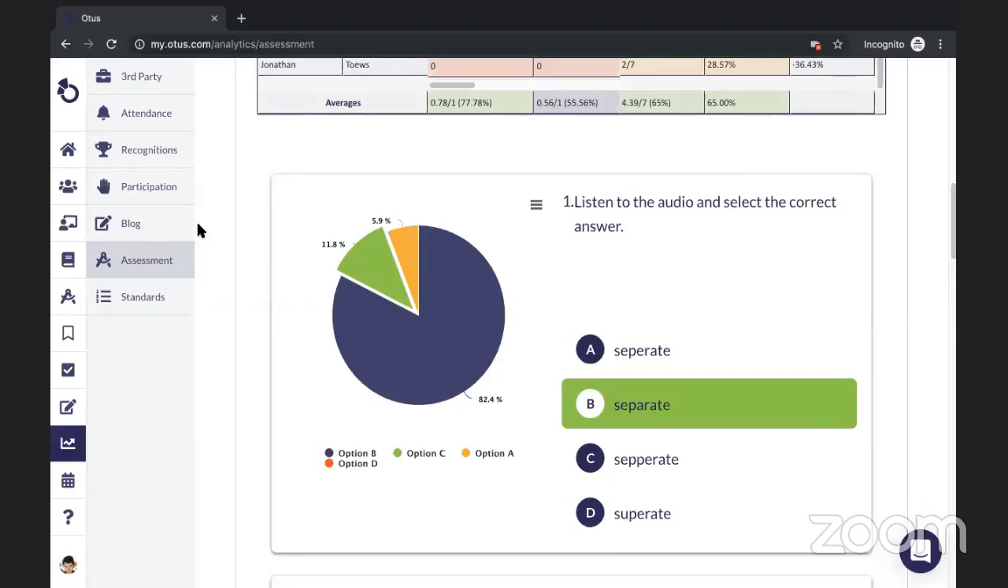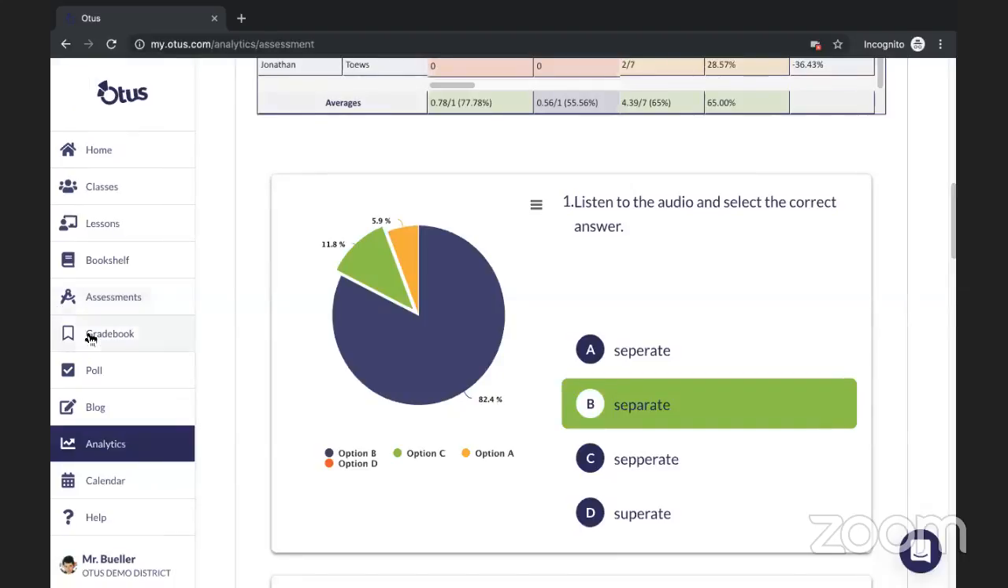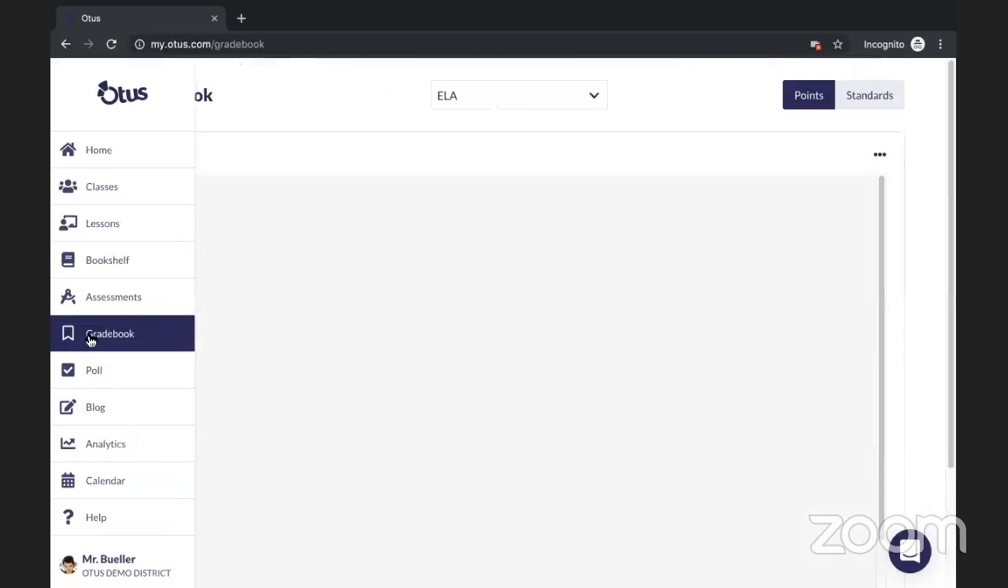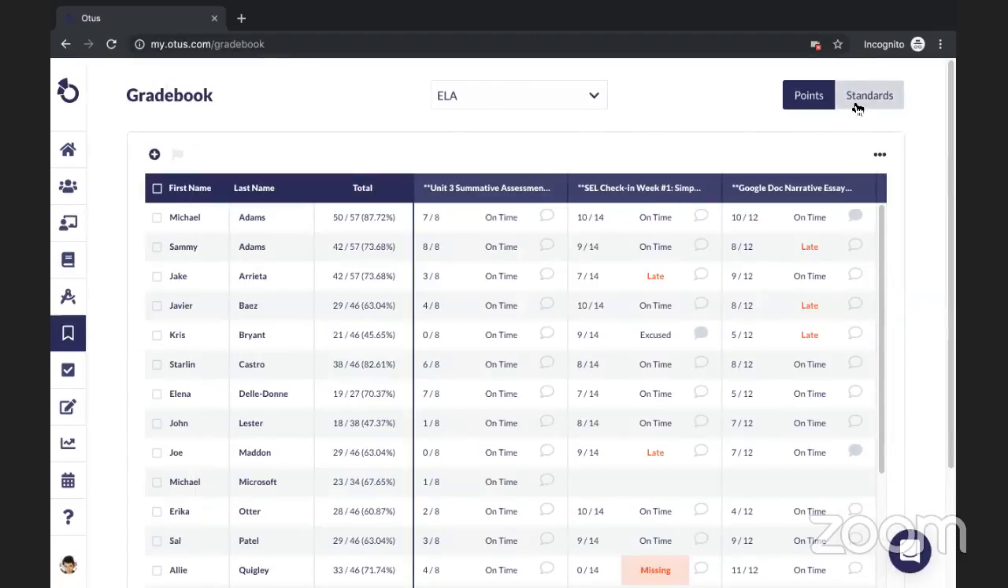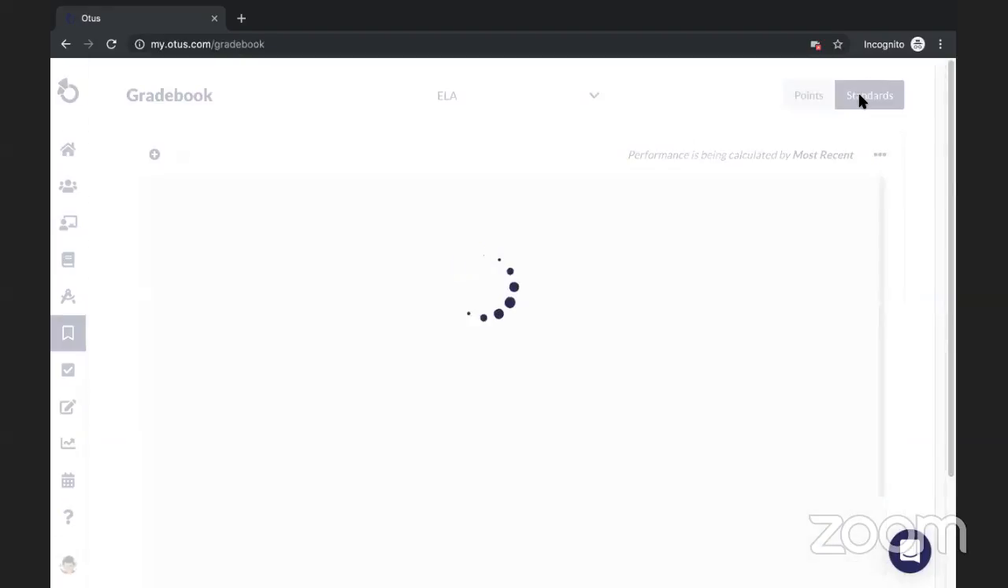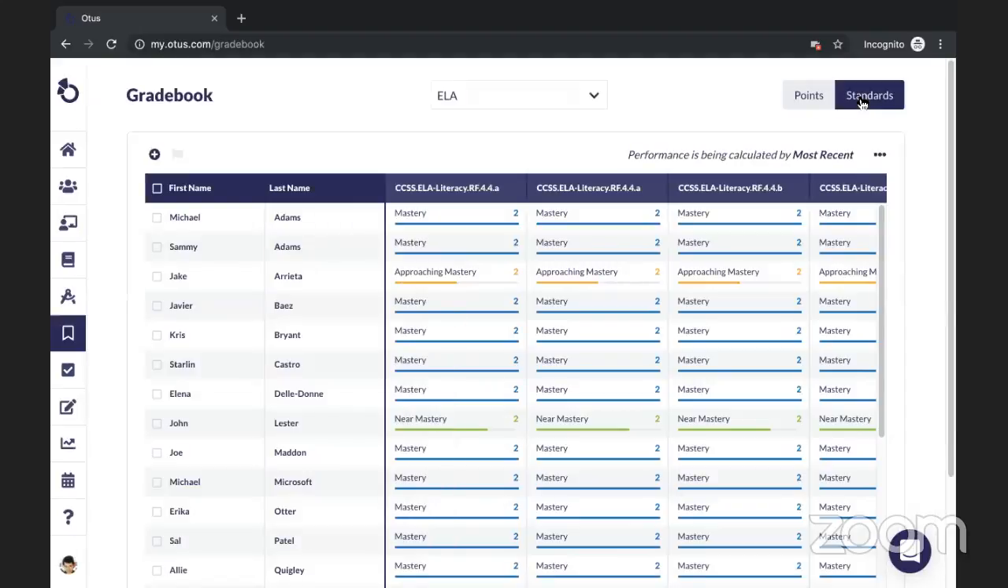I mentioned to you that we have a gradebook. The gradebook in Otus is really good. You can have a points-based gradebook or a standards-based gradebook. Our points-based gradebook looks like a traditional gradebook that you'd find in any student information system. Our standards-based gradebook looks a lot better than any standards-based gradebook you're going to see in a typical student information